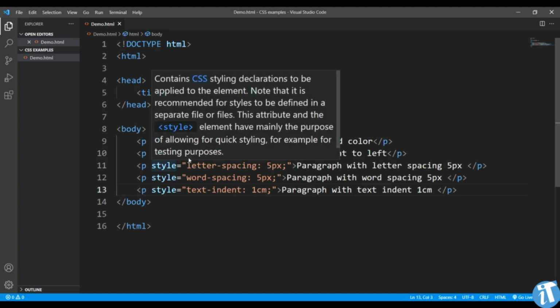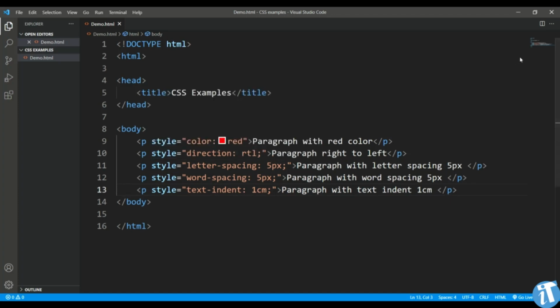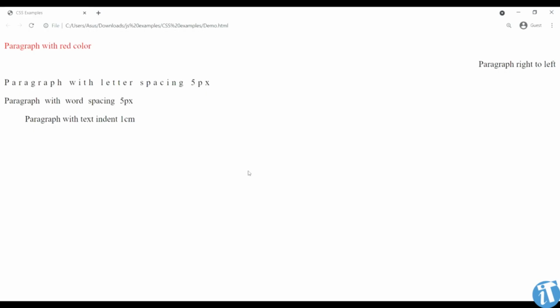So let's save this particular page and come to the browser. And here when I will refresh it, you can see all the things out here. Like this is the first paragraph with the red color. This is right to left, where we pass RTL, that is right to left. This is a paragraph with 5 pixel letter spacing, so you can see there is a big gap between the